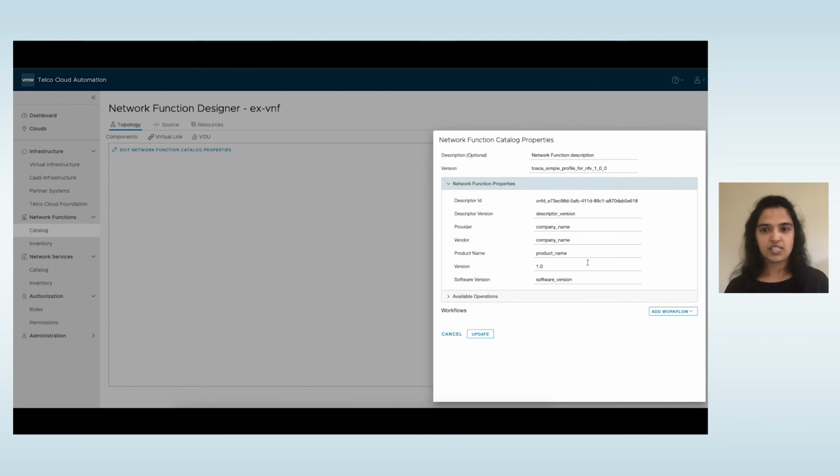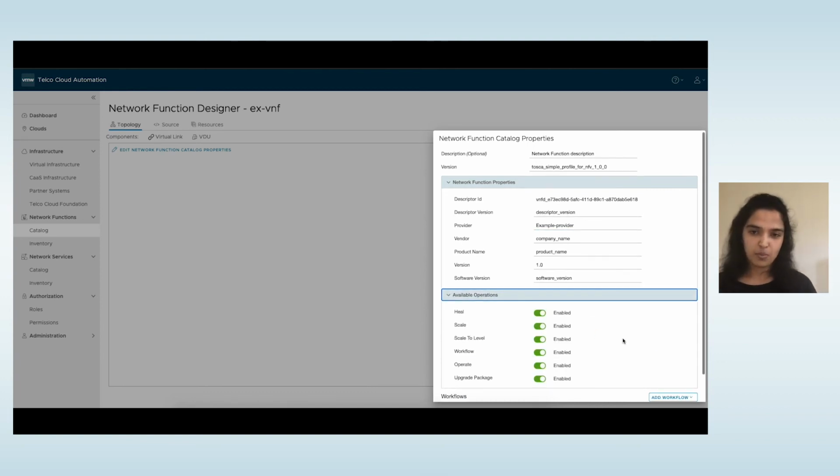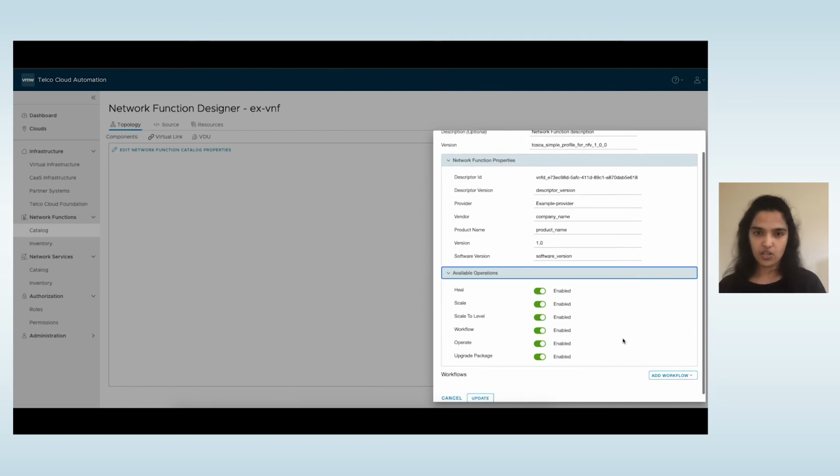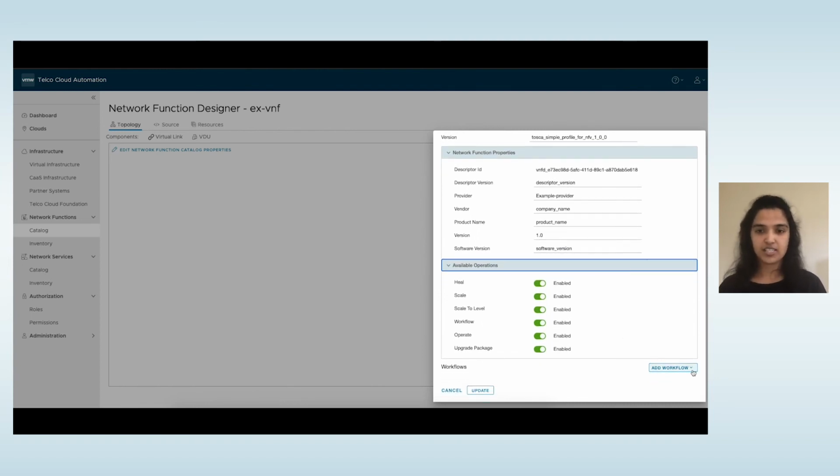So as part of this, you see that either you can design a virtual network function or a cloud native network function. You provide all the metadata of various things, like who's the provider and what are the operations available, right? It could be that you don't want to allow upgrade on this network function for whatever reason, so that can be specified. And you can also have day zero and day one workflows that have been defined for